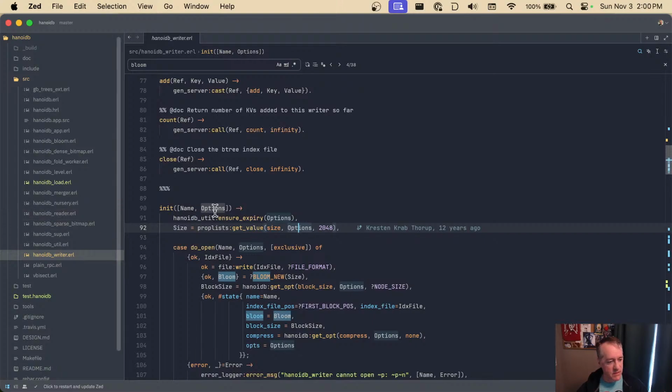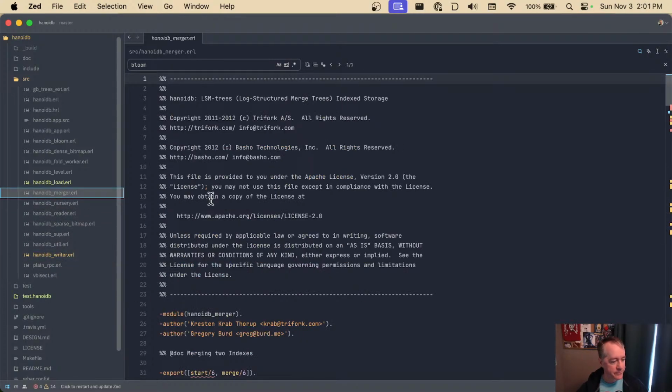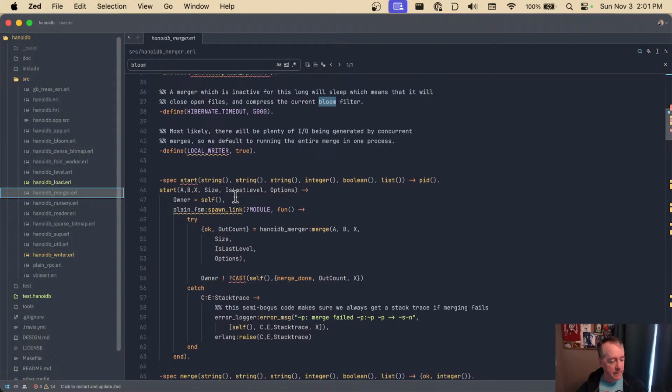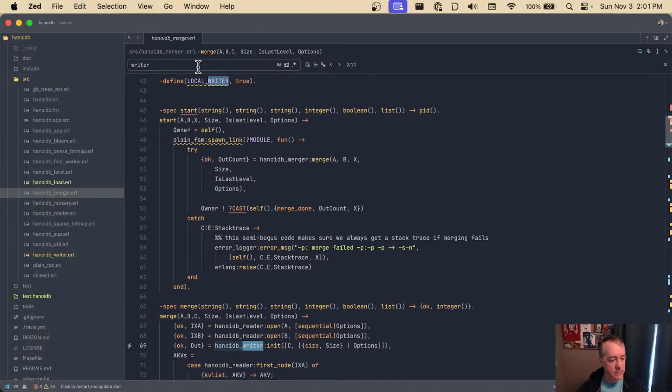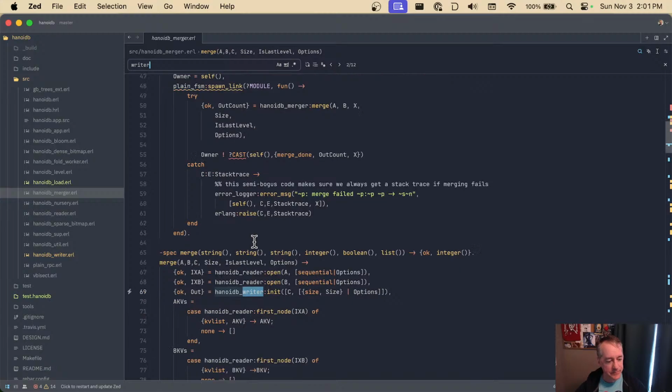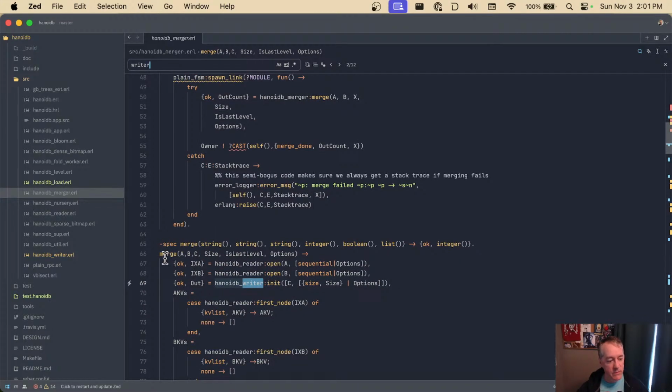So let's look at something that will write, like nursery or merger. And let's look for writer. Okay, so its merge has a size parameter, so it is passing size. And I think that's the, if we look for where this is called,